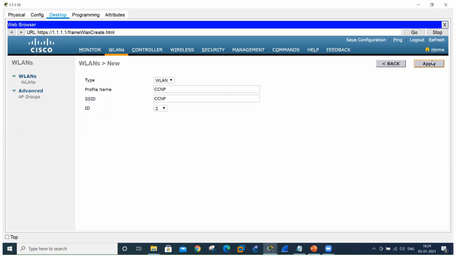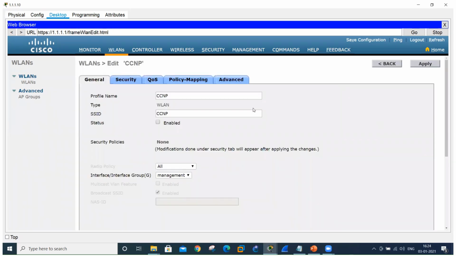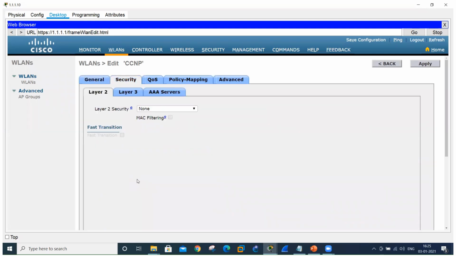Once I click on apply, then we have got all these options coming up. Status will be enabled, and then you click on apply again. Okay, then go back to the security. In the security, all you have to do is that layer 2, click on the drop down and choose WPA